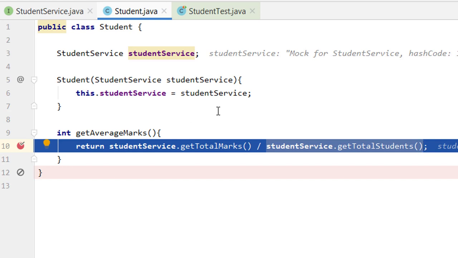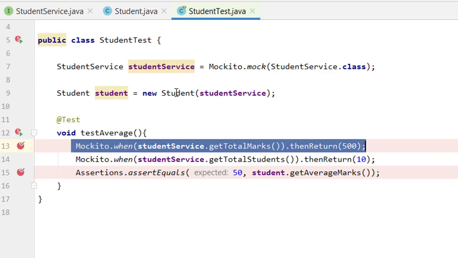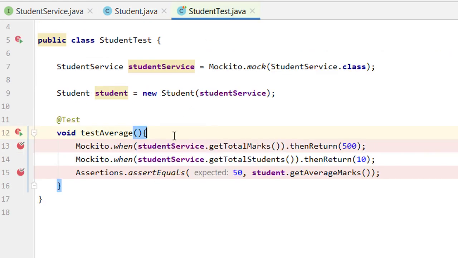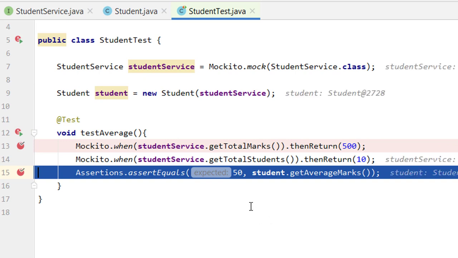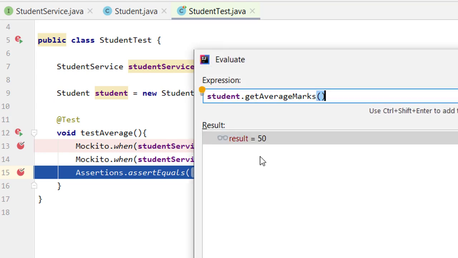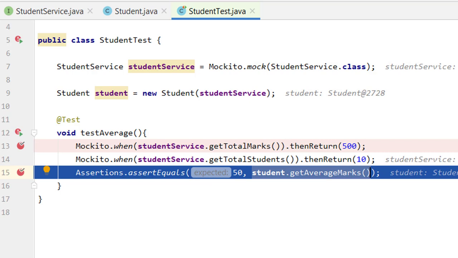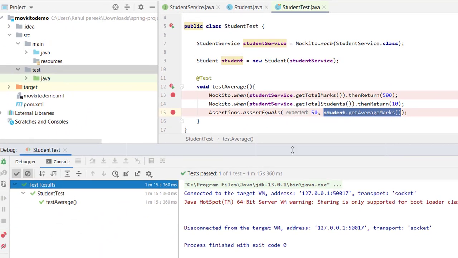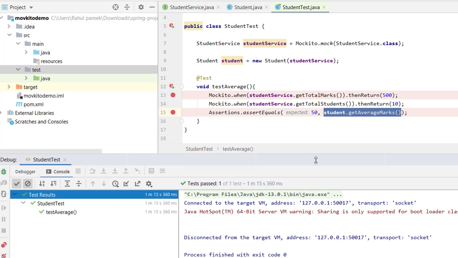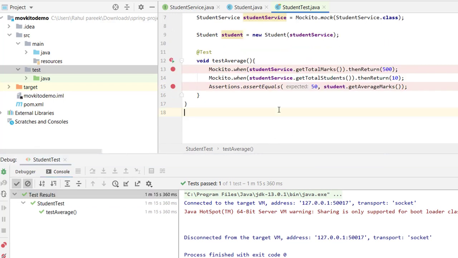So guys, this is the beauty of Mockito, that it created the mock data, it also created the mock object, so that we can test our functionality. This particular function will return 50 only. Let me evaluate it and then show you how these things are working. So this has returned 50 in here, and our expected is 50 also. So let me run it fully and see, our test case passed, because we have met the actual and expected data, and it is working fine.